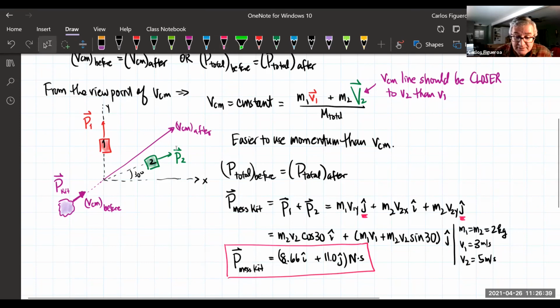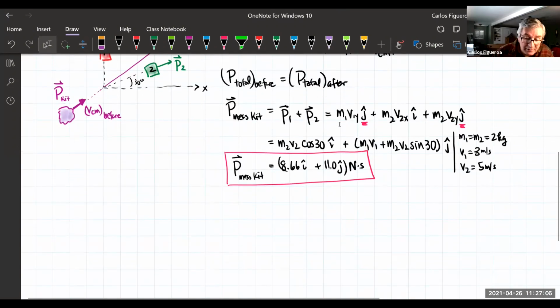So that means I know exactly what happens then. I now know the total momentum of the mess kit, and I could then go in and start to look at a little bit more detail, right? So what's the original velocity of the mess kit? Well, I need the magnitude of this guy. Actually, what I want to do here is